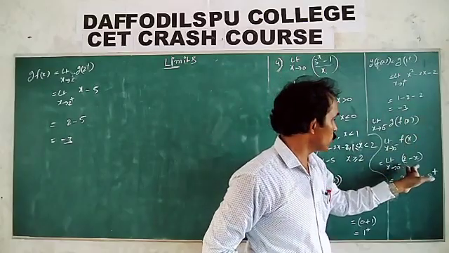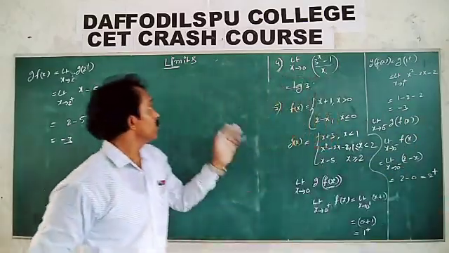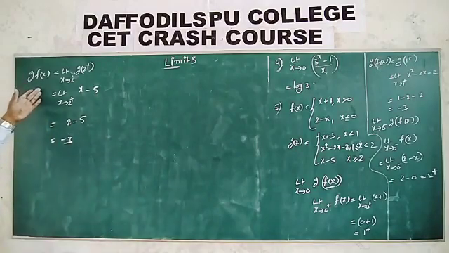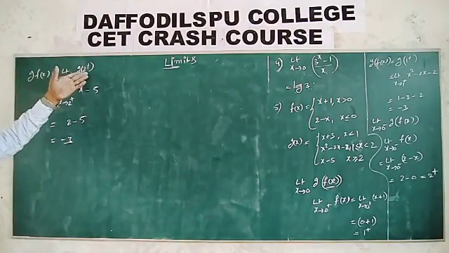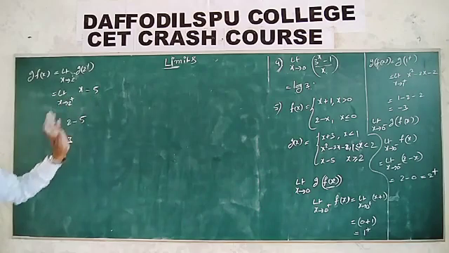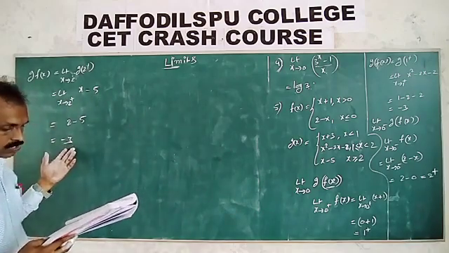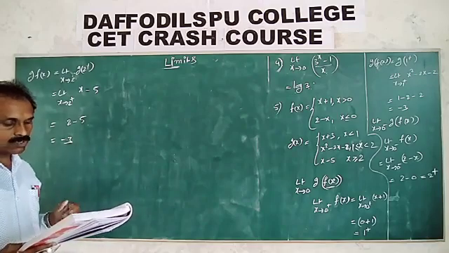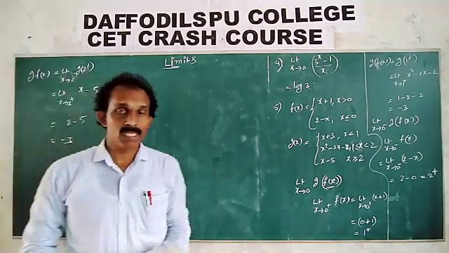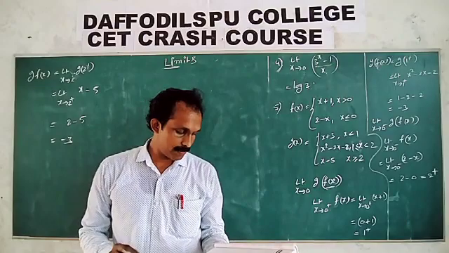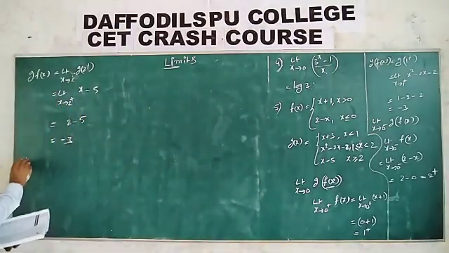And next here also 0 minus, here consider 2 plus. Therefore this value is g of f of x is equal to g of 2 plus, which is x minus 5. x minus 5 is equal to 2 minus 5, that value is equal to minus 3. So therefore the second option is the correct answer. Right. Sixth question.